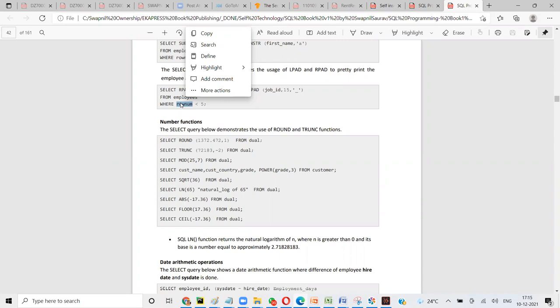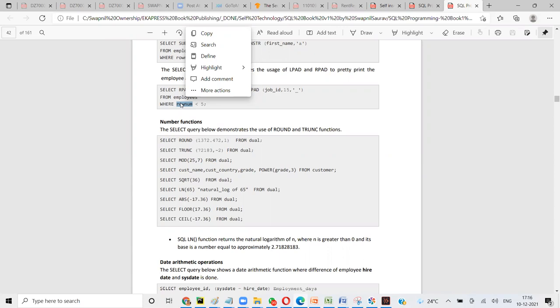When I say rownum less than 5, what does that mean? It will give you the first 4 values, right? So if you want only the highest value, you can do order by and say rownum less than 2. If you want only one row, rownum less than 2 will give you the first row.